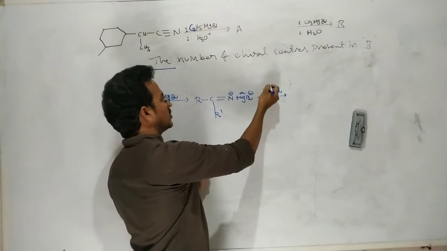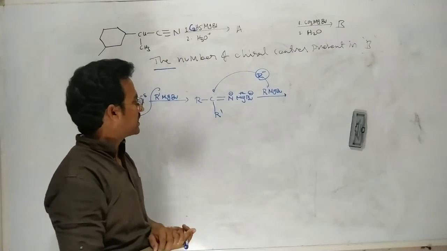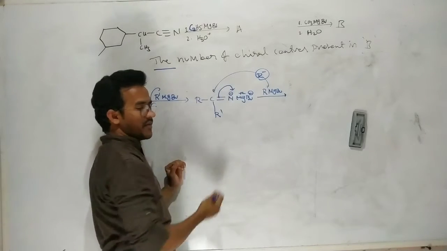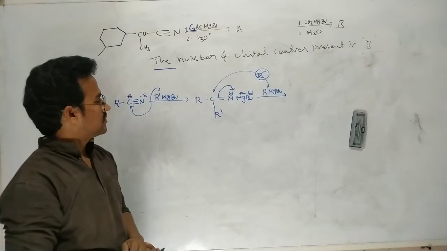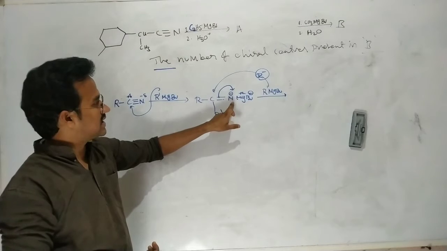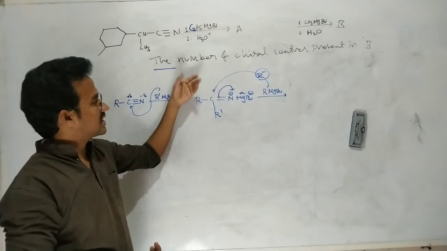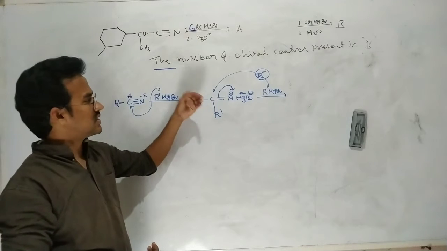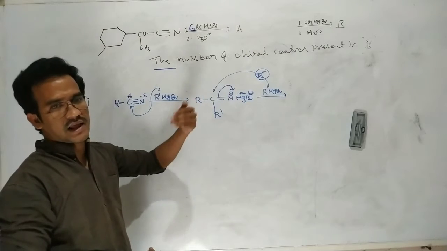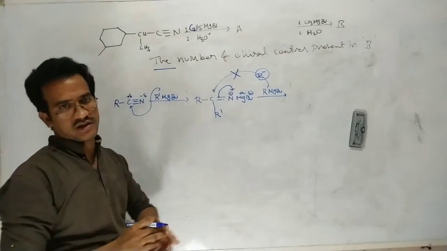This alkyl group cannot attack because in this case this is the R minus. For the attack of the R minus, this pi electron should be transferred towards nitrogen. But this transfer of the pi electrons towards nitrogen becomes very difficult because it already carries a negative charge. Creating a positive charge on this carbon is almost difficult because a negative charge cannot attract the electrons. So pi electrons cannot be transferred, and attacking of the R minus is not possible further.